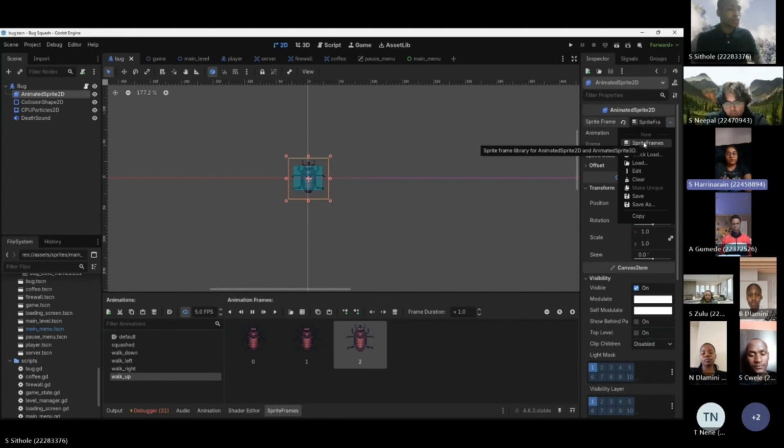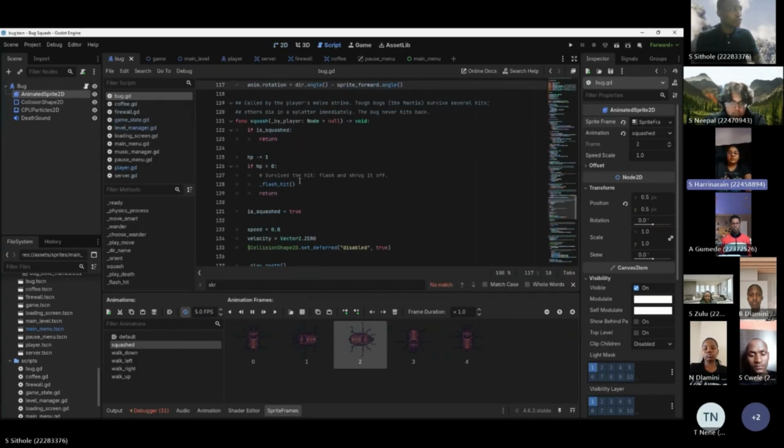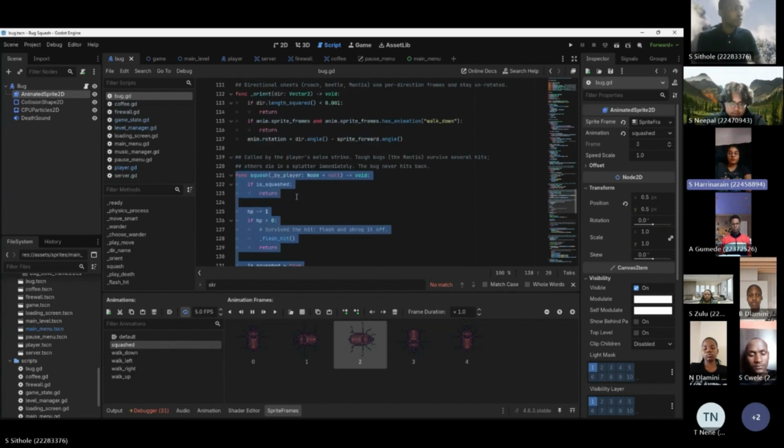For bugs like the roach, it plays directional sheets, while single frame bugs are rotated using anim.rotation. This is also where we set up a custom death animation. When a bug's health hits 0, in the squash function, when we go back to the code, it stops moving and its body warps. The roach instantly flips onto its back while other bugs expand horizontally and close down vertically